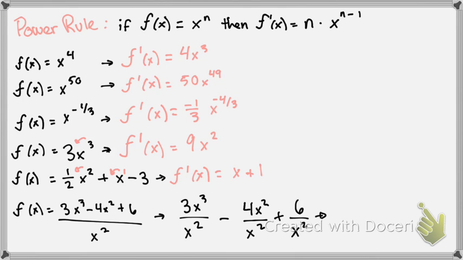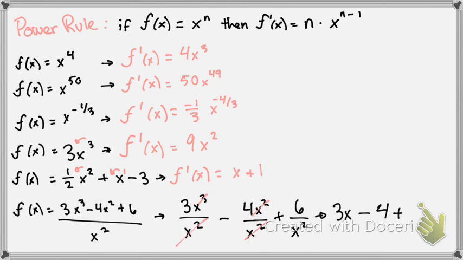So it's going to be f prime of x equals, well, let's see. We can cross out x to the third, 3x to the third divided by x squared is going to be 3x, right? So actually, I'm going to make this a little bit easier, I'm just going to write down that. So 3x minus 4x to the second divided by x squared. These terms are going to cancel out, and we're going to get 4, plus,